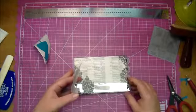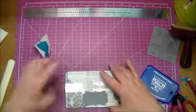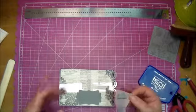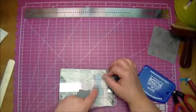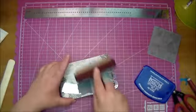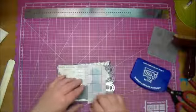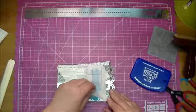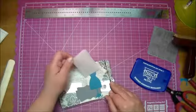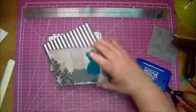So again, keeping this in place. Now I want to do the same thing with my mannequin. I'm going to get her where I want, press it down. And now we still have to weed this out. So I'm going to press this down, pull off my transfer tape. If your transfer tape happens to pull off any of the negative pieces, then that's okay, that's a good thing. In this case it did not, so we will just simply